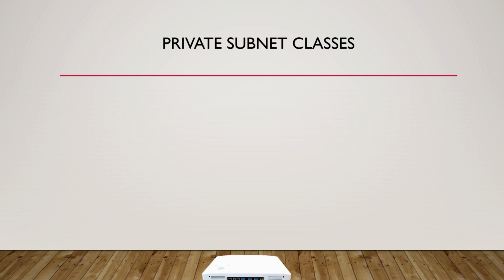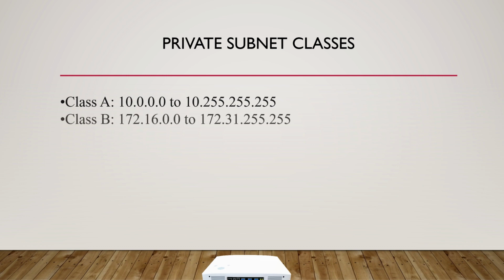So just like public IP addressing, private IP addressing falls under classes. However, the difference is that private IP addressing only allows for certain subnet ranges. And those are as follows. For a class A, you're given 10.0.0.0 all the way to 10.255.255.255. And then for class B, you're given 172.16.0.0 to 172.31.255.255. And lastly, you have your class C, which is 192.168.0.0 to